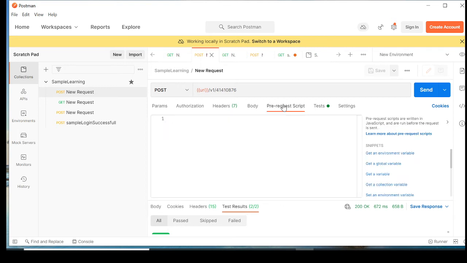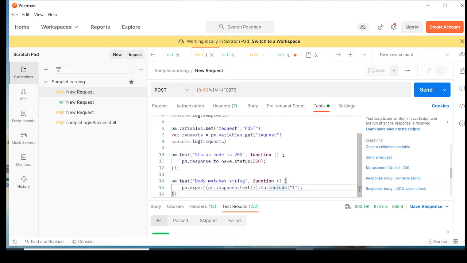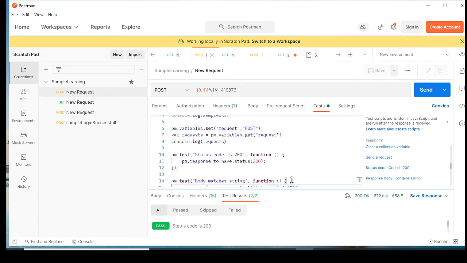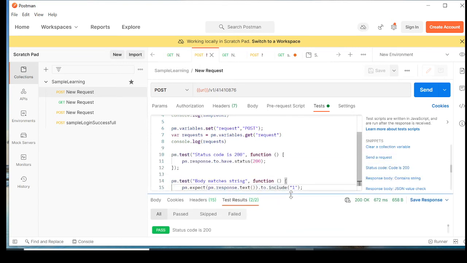In the prerequest script, you can pass some prerequisite stuff, where you want to make sure that the URL and the request body you are sending are correct before the request goes out. That's what you can pass in prerequest. In post request, I've already shown you what you can pass, and I've been showing you this in these particular places.